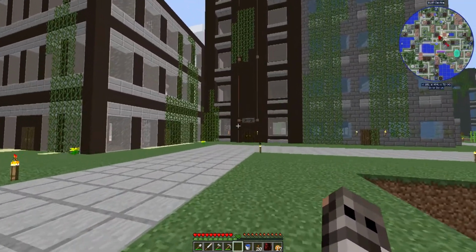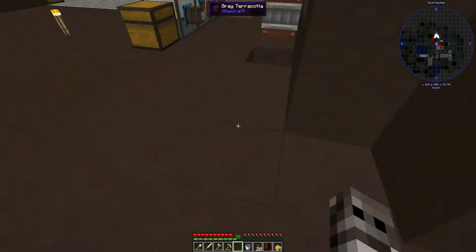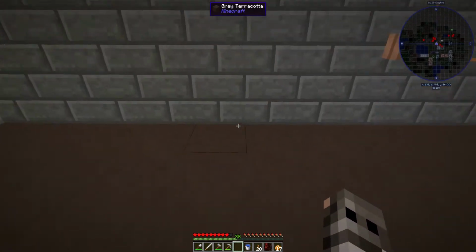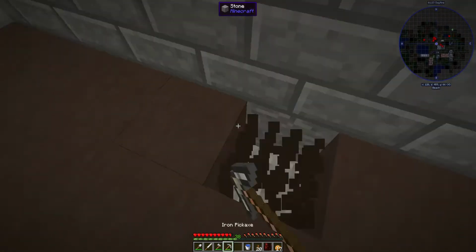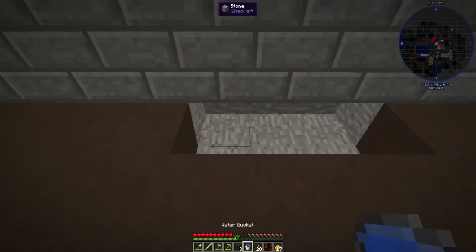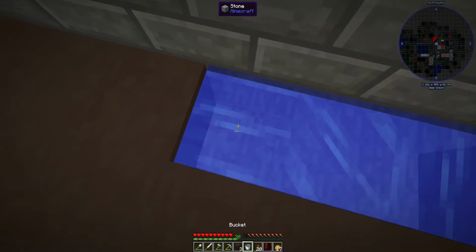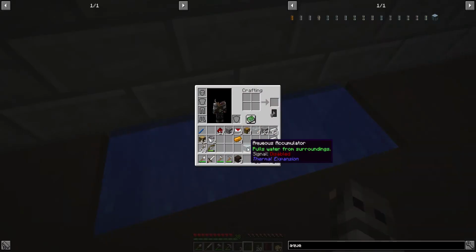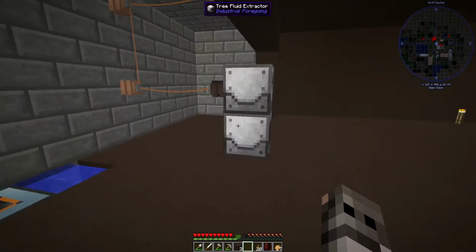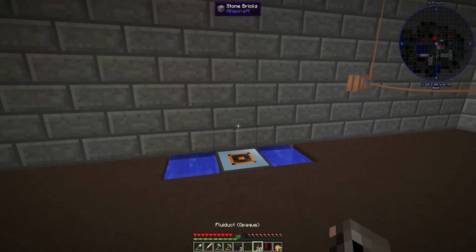Okay, now let's go back down here, and we want this hidden down here somewhere. So let's dig us out a little bit of an area. Put 1 bucket there, 1 bucket there, and we should put a bucket there. Okay, now water. Simple. Then I believe all we should have to do